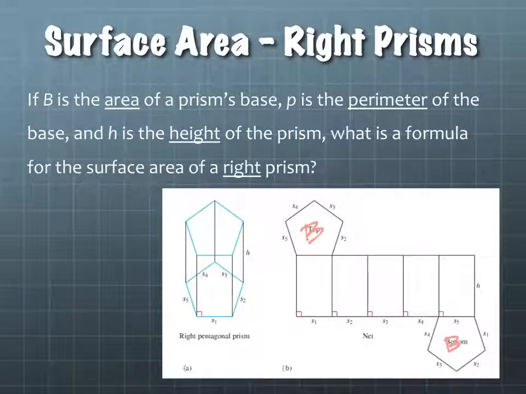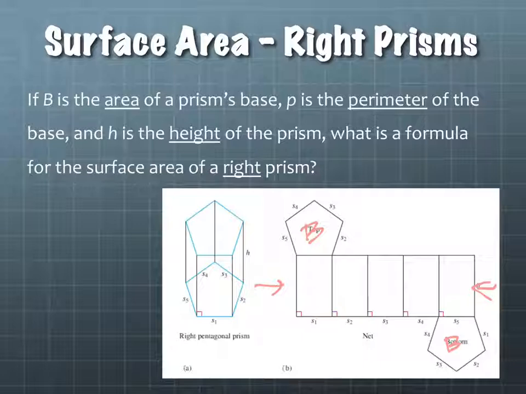But all of these shapes in the middle are what? They're all rectangles. And how do you find the area of a rectangle? Length times width, or base times height, whatever it is that you're using. And if you'll notice, these heights are all the same. Agreed? And so are the bases, because it is a right pentagonal prism. Okay? So we've got the same base all the way around. However, even if they weren't,